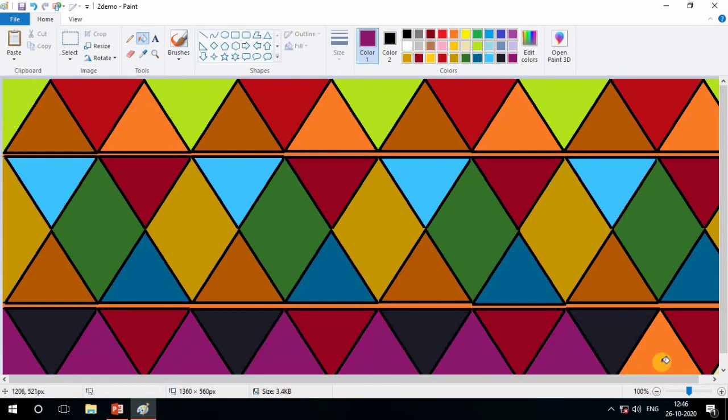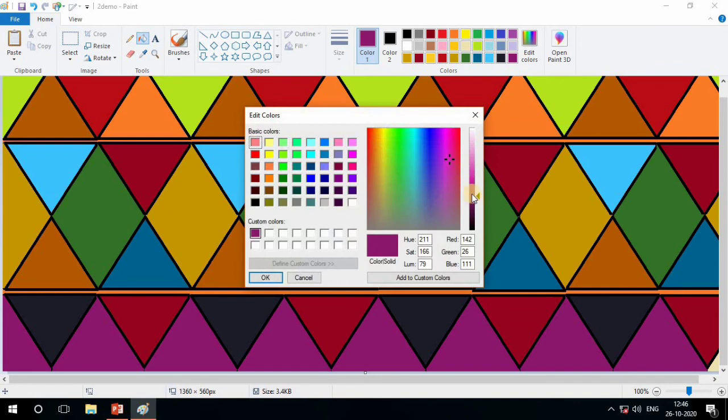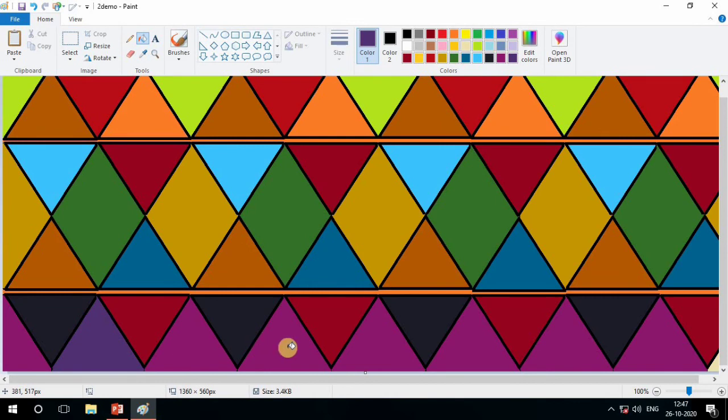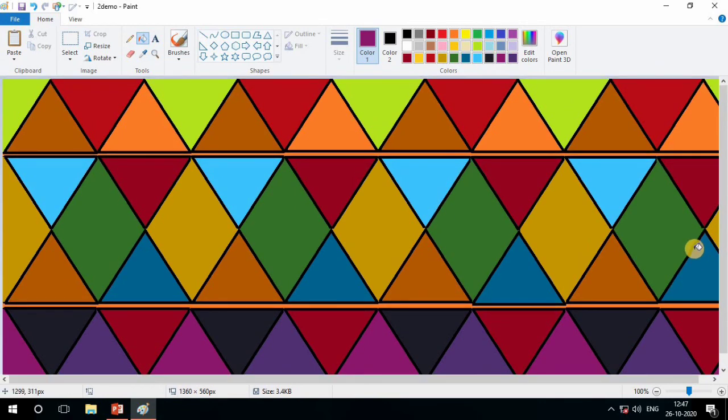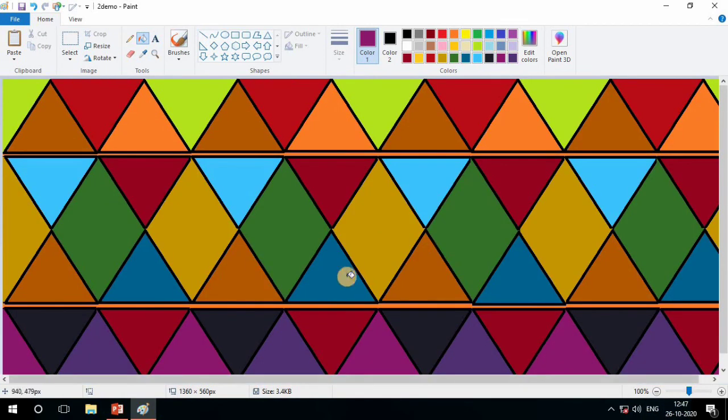The last one we filled with all the same color, but it does not look good, so change to a different color here and fill another shade. See here, the one is remaining, so we can fill it. So our picture is complete. Now see, I am zooming out. So this is our today's picture, the pattern, the design you can see also.